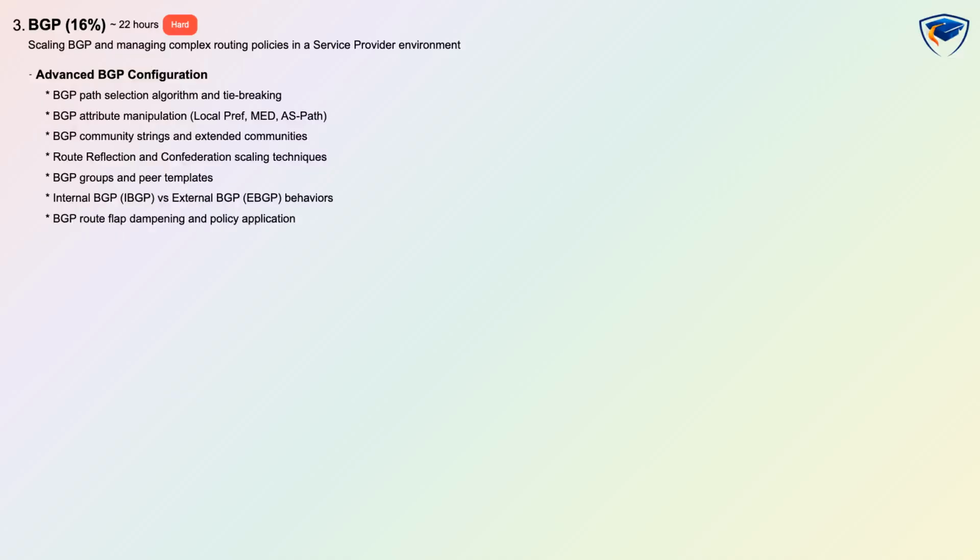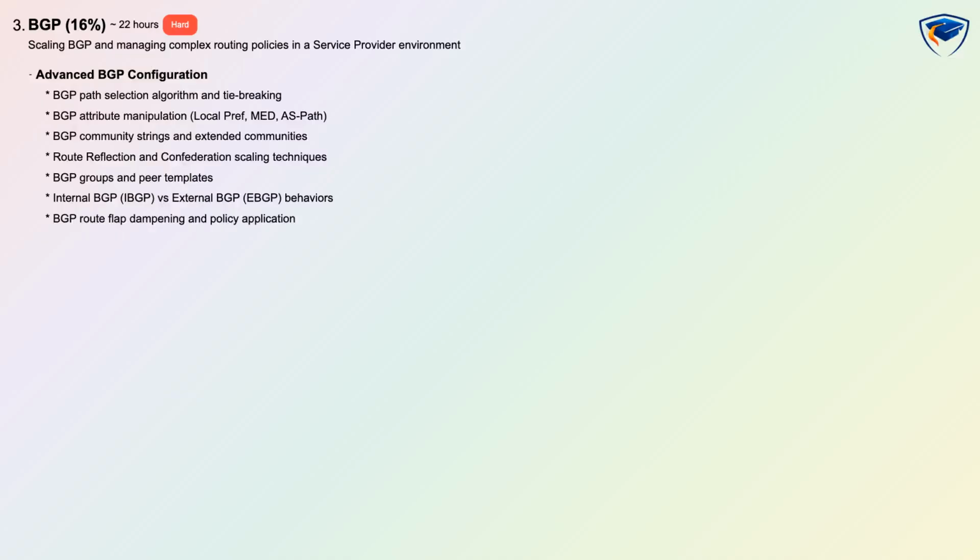BGP is a major 16% domain and concentrates on scaling BGP and managing complex routing policies in a service provider environment. Difficulty is hard with an estimated 22 hours and scenario-based assessment tasks. Learn the BGP path selection algorithm and tie-breaking, and master attribute manipulation like local preference, MED, and AS path to